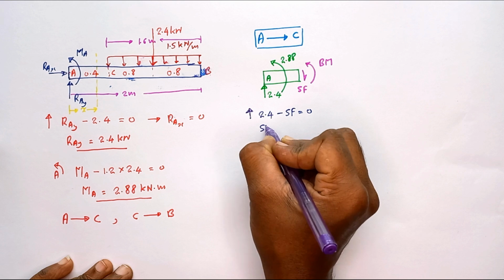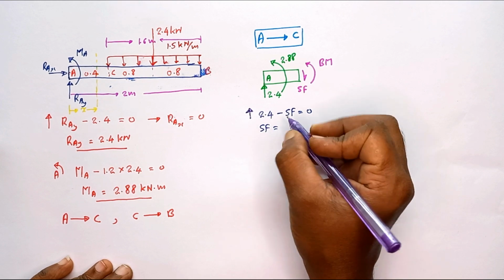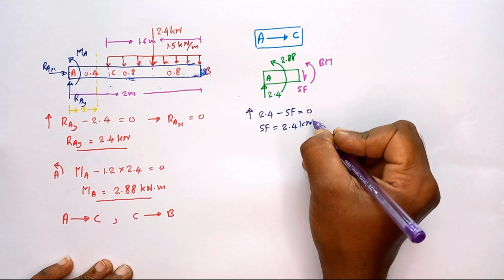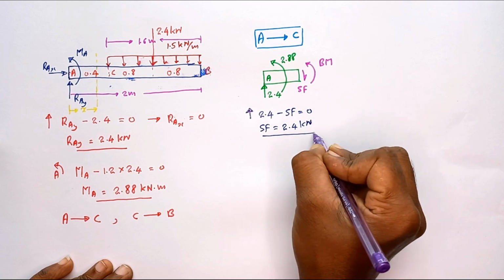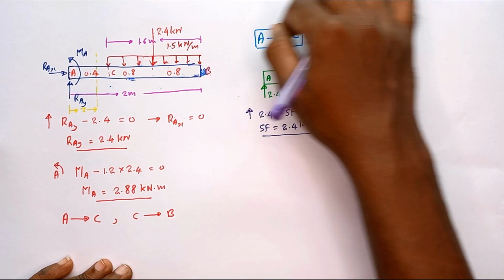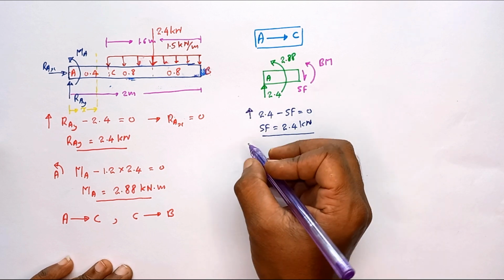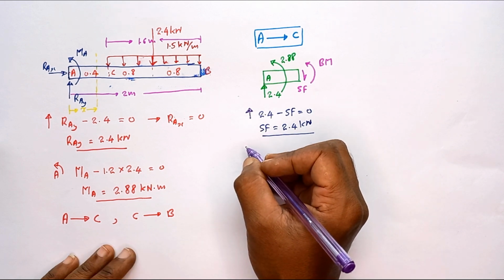So then the shear force is equal to 2.4 kilonewton. This is how shear force is varied throughout the length of A to C. Okay, then let's obtain the equation for